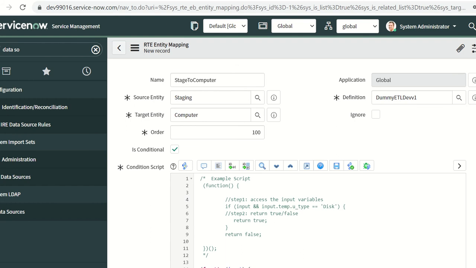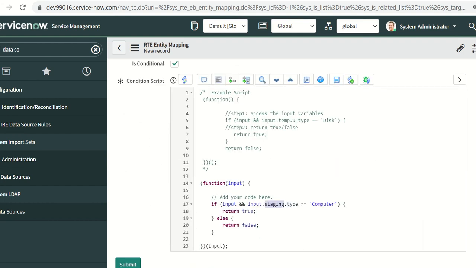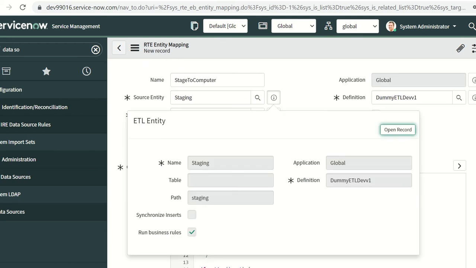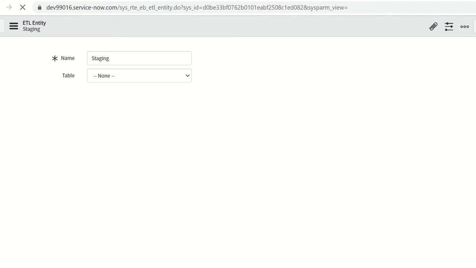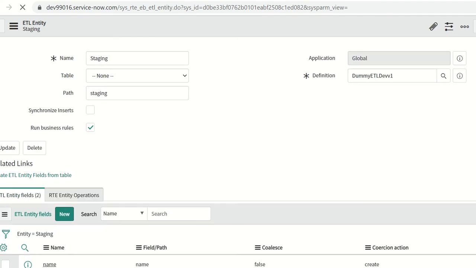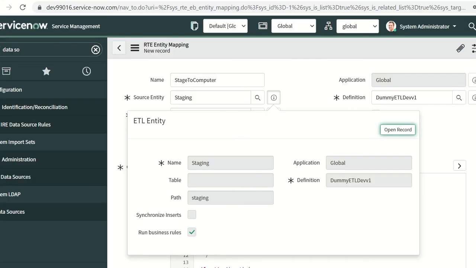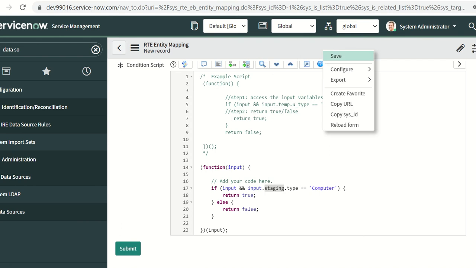Now if you go to staging as source entity, you'll observe that the path is called staging, which is nothing but what I have used here. And again, if you go to source entity called staging and open it, you'll see that the name of the variable is type. So here the field is type, and that is what I have used in the conditional script. So now let's save it,